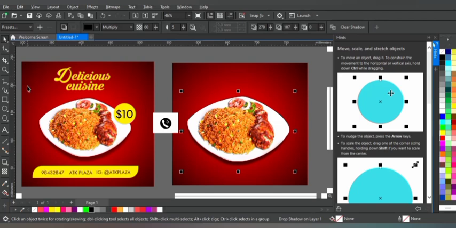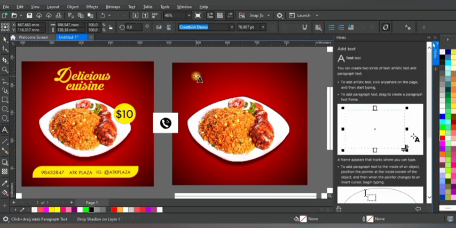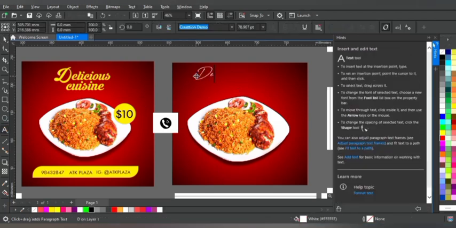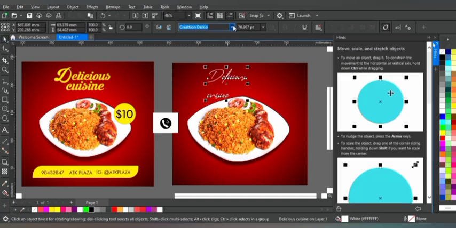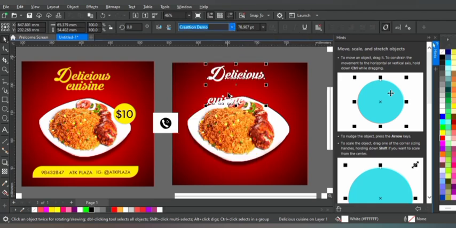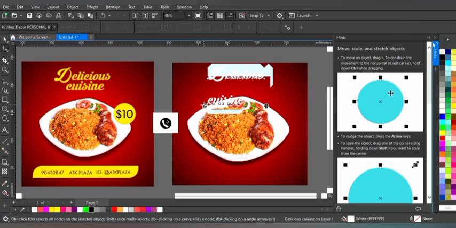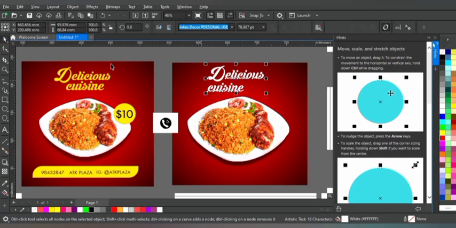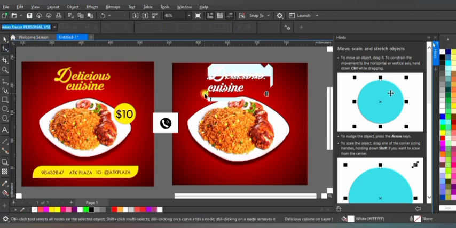With this being done, we are going to come to our text tool, delicious cuisine. Right, great. So you come to your property bar once again and choose a script font that you prefer. Alright, any script font you prefer. Now to center align this text,